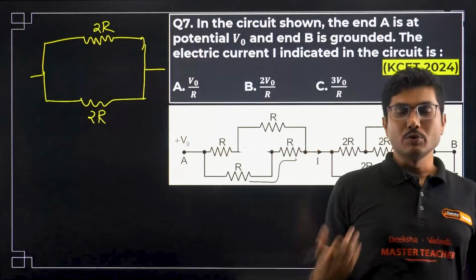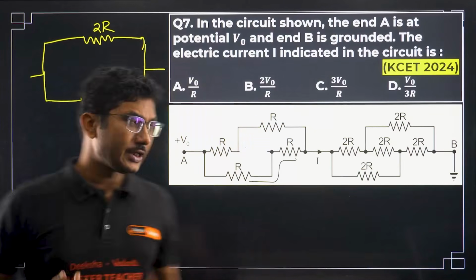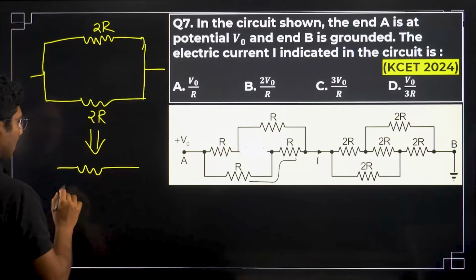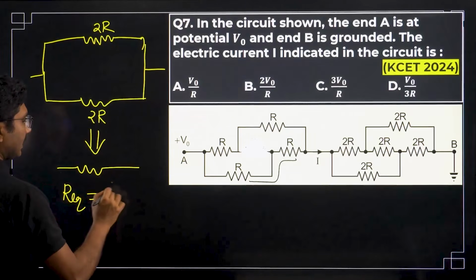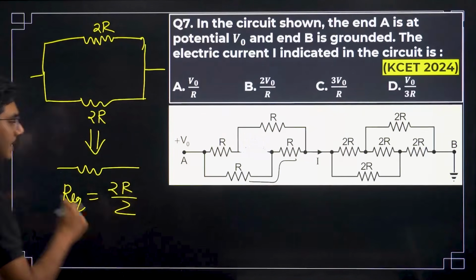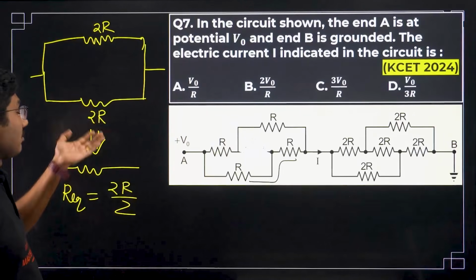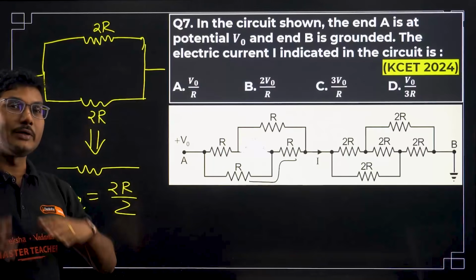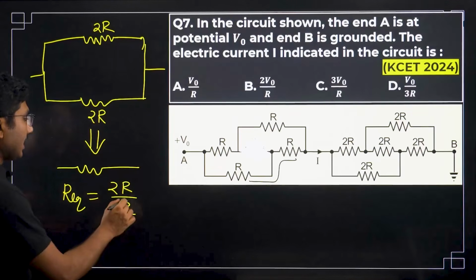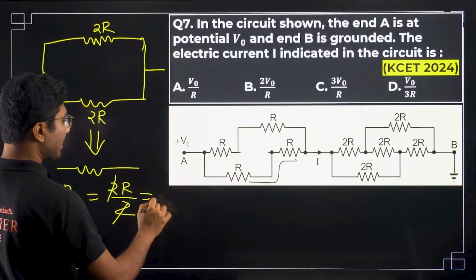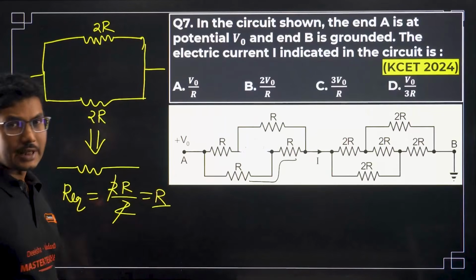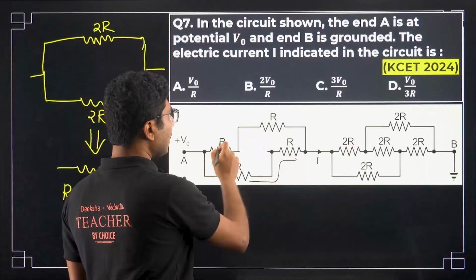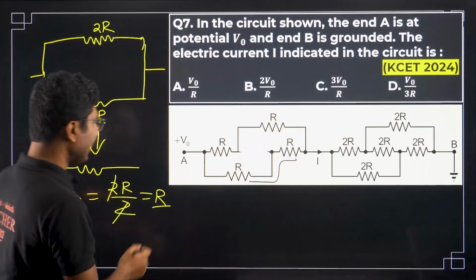Now, if two equal resistances are in parallel combination, their equivalent resistance is given by the equal value of resistance divided by number of resistances. If equal resistances are connected in parallel, then any one of the resistances divided by the total number of resistances gives you the equivalent resistance. In this case, only two of them are there, so equivalent resistance is R. So, here as you can see, this is a Wheatstone bridge having all the resistances R, and